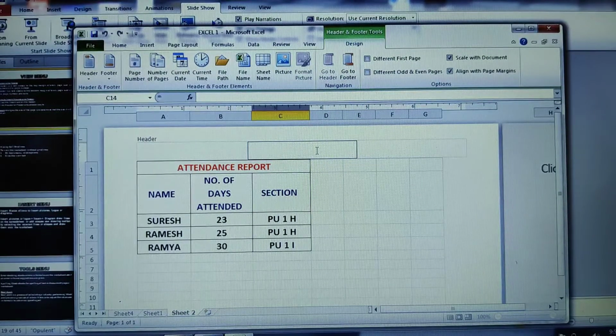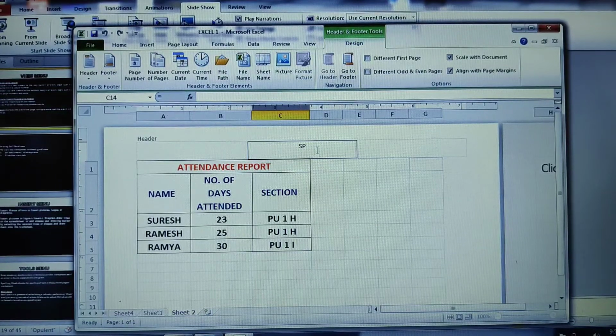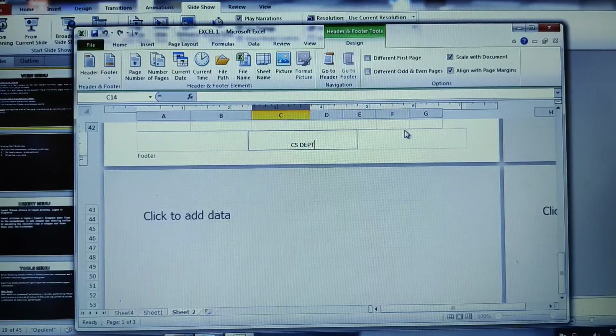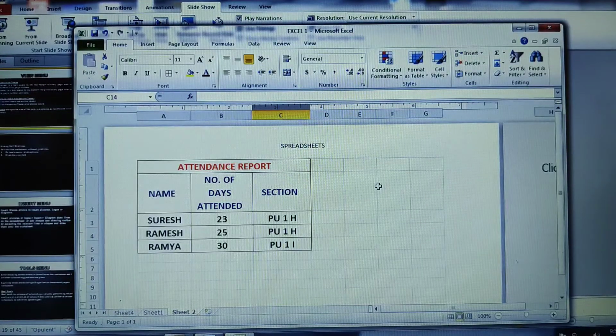Now it is asking you for some content to be added in the header. I would like to add here 'spreadsheets' as the header, and I'll go for the footer here, and here I'm going to add the footer content as 'CS department'. Alright, this is how I have added the header and footer.